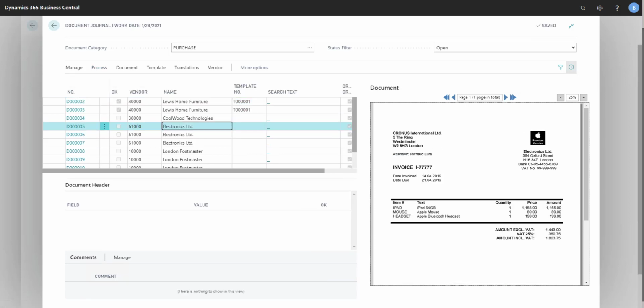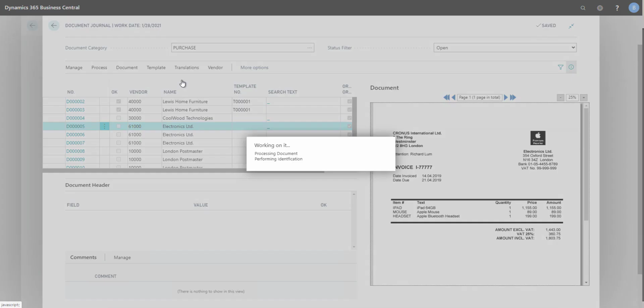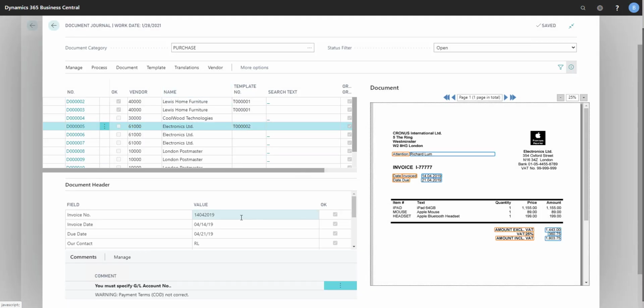The next question from that is, what happens if I have lines on my invoices, or the initial registration of the fields doesn't quite work? If we use this as an example and come into process and recognize fields on this one, we notice that it hasn't got the invoice number correct. It's picked up one of the dates instead of this area here,